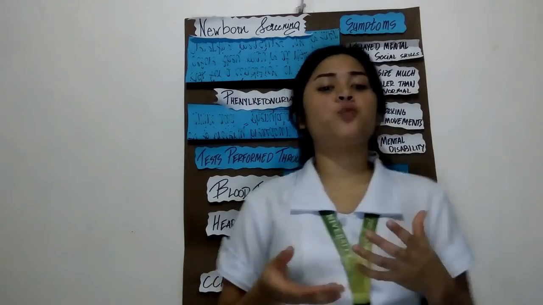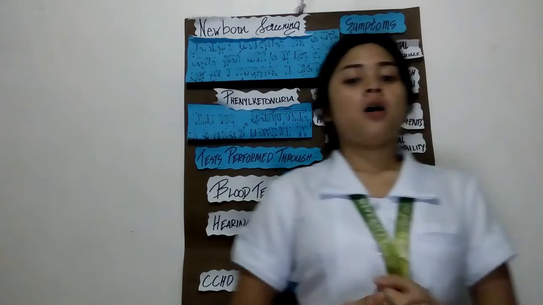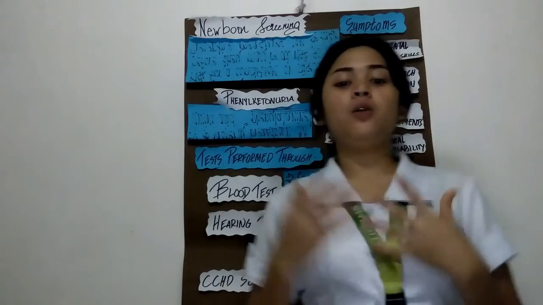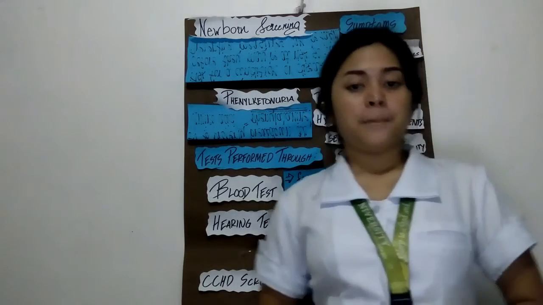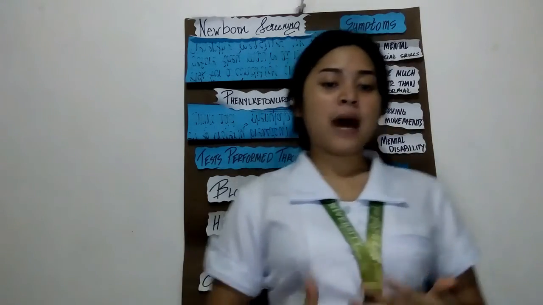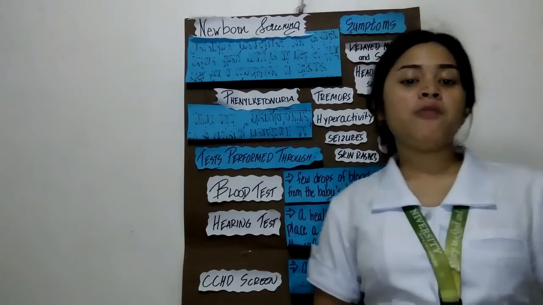It is very important that a woman with PKU closely follow a strict low phenylalanine diet, both before becoming pregnant and throughout the pregnancy. Build-up of phenylalanine will damage the developing baby, even if the child has not inherited the defective gene. So for the conclusion of my report,